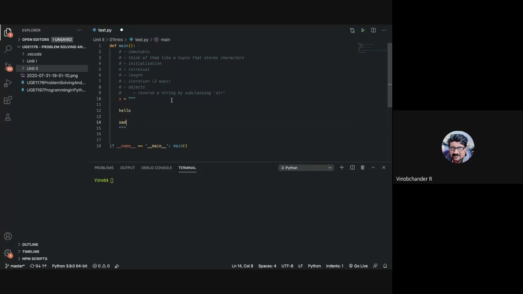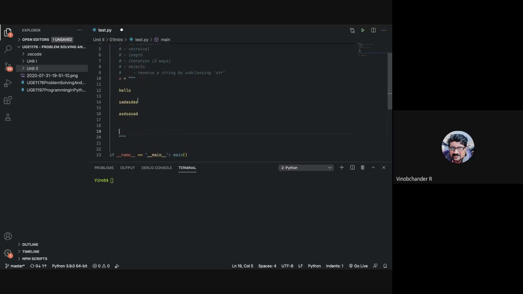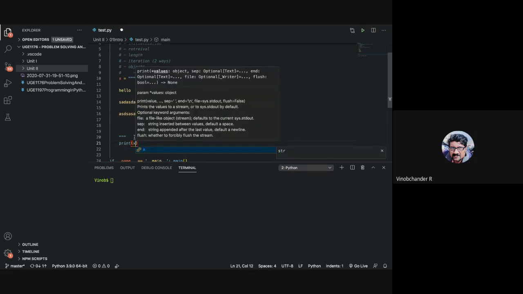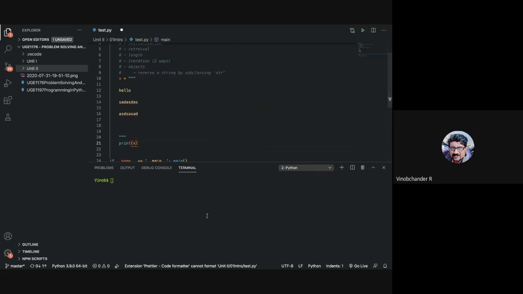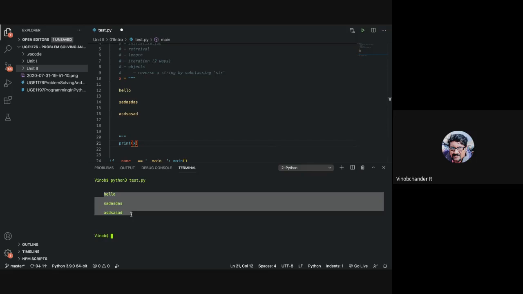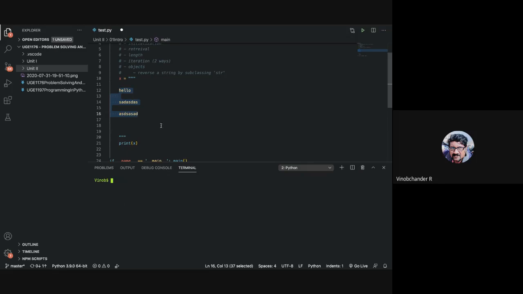Right, including spaces. So this entire thing along with this space is a string. So a string spanning multiple lines, you can have it this way. In this case, I'm not printing. So let us see how it looks when we print x. All right, so you get this as a single string, in the same format as you have defined. So that is something about string initialization. You can initialize in 3 ways.